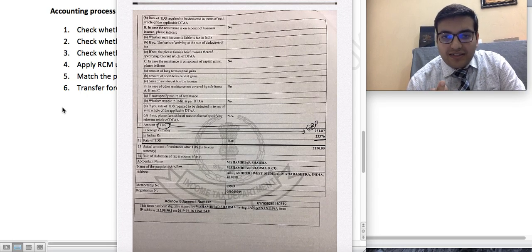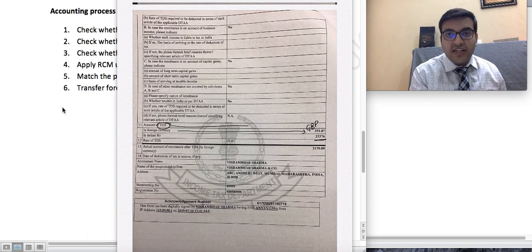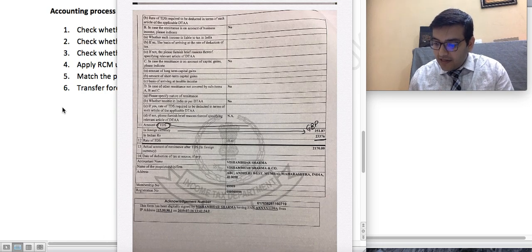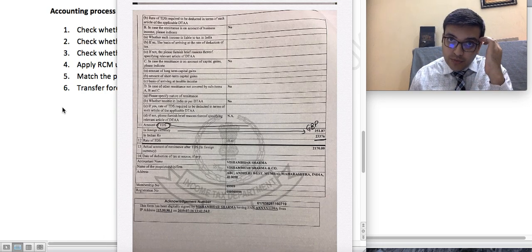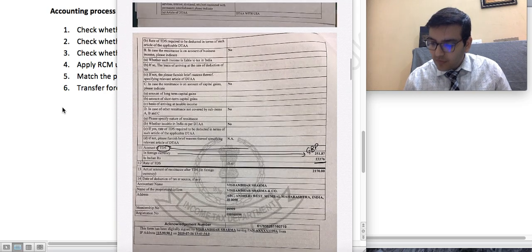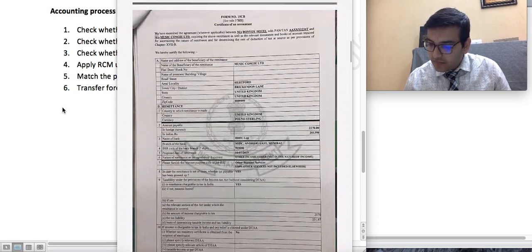The company is not accepting it. So I'm assuming that if you're processing it, you will obviously know it. But in case you are in a company wherein someone else is processing it and you are just accounting it, you will come to know by this that yes, the TDS amount needs to be deducted, but still we have made the full payment. So hence it is a grossing up. We'll come to know how the grossing up works and how the accounting is done, so we'll let you know.